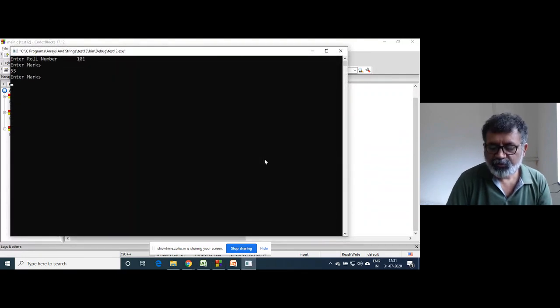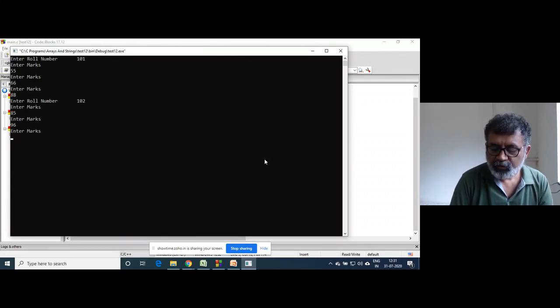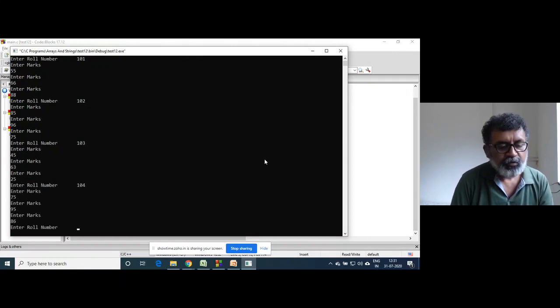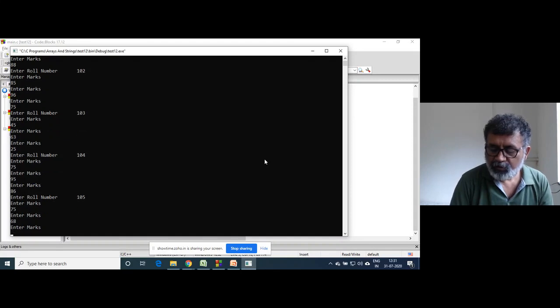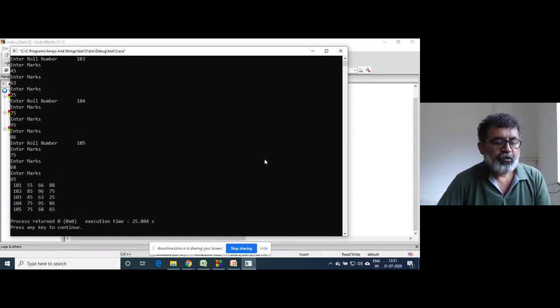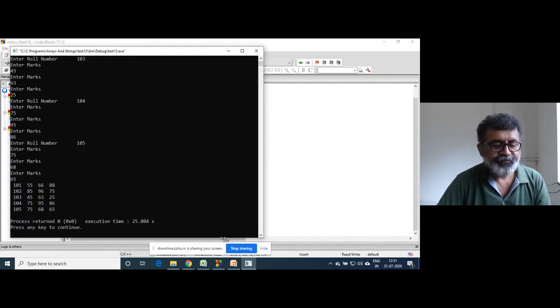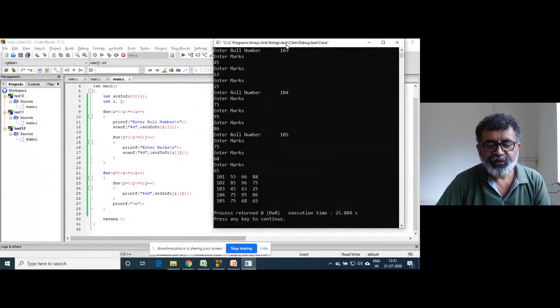101, 102, 103, 104, and 105. So this is how the double dimension array is used.